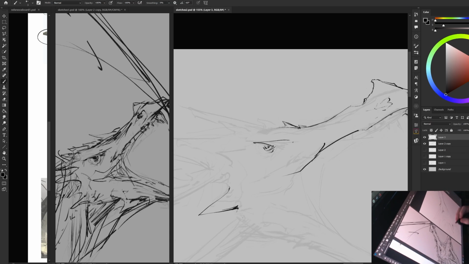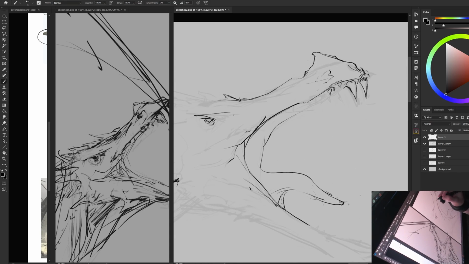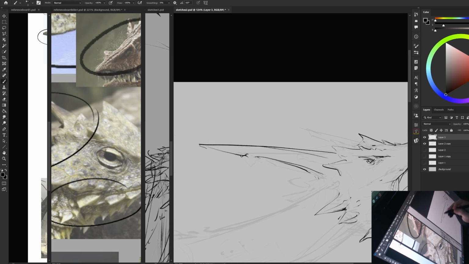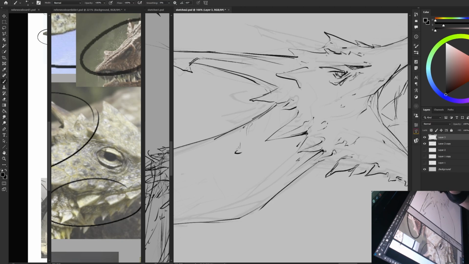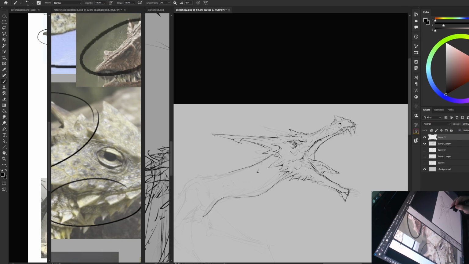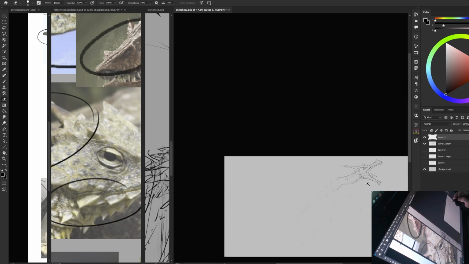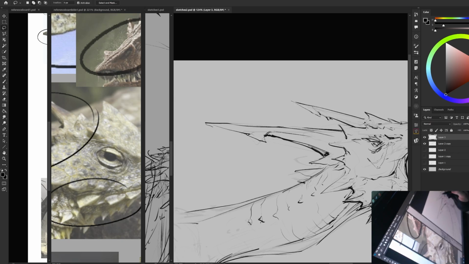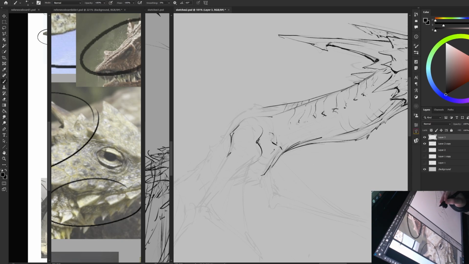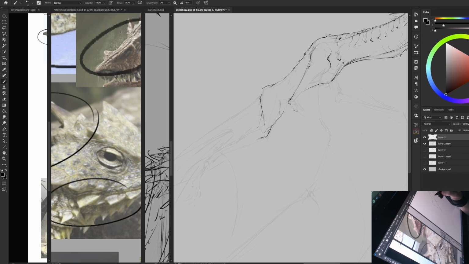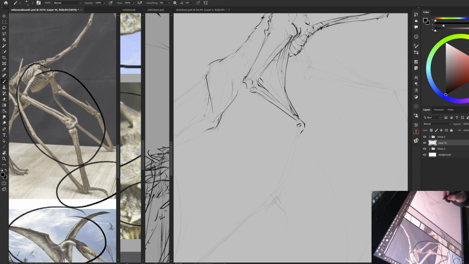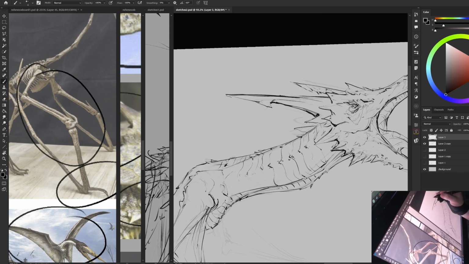Back to reworking the design, I'm going over my initial sketch and just refining things a little bit more. Start fleshing out the actual detailed shapes of the head, the horns. I got this little weird backward spike on the horn, but I didn't really like that. I ended up coming up with a much better idea that I thought would work as the horn to extend farther on the neck and kind of protect it from attacks from above from other dragons. But I like a lot of what I did with the head and neck here. Mostly those shapes I kept until the final. The body here is a little bit too small, but I got most of the cleaning up done in this